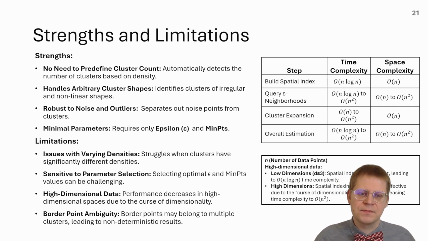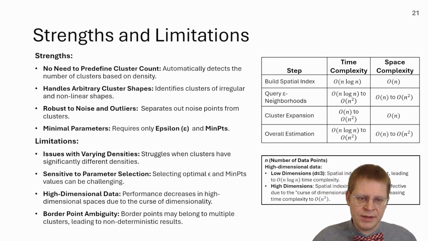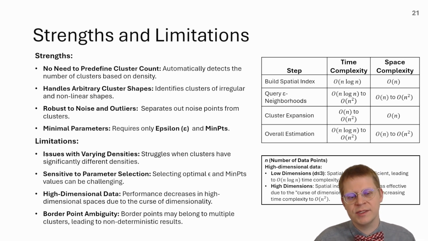What about limitations? Well, issues with varying densities. It struggles when clusters have significantly different densities, as the same epsilon and min points may not work well for all clusters. And it is sensitive to parameter selection. The choice of epsilon and min points is critical, and poor parameter selection can lead to either too many outliers